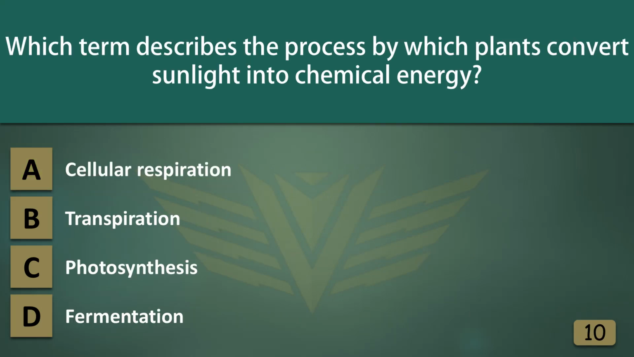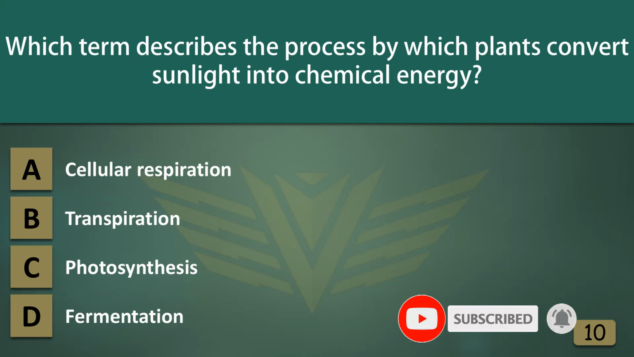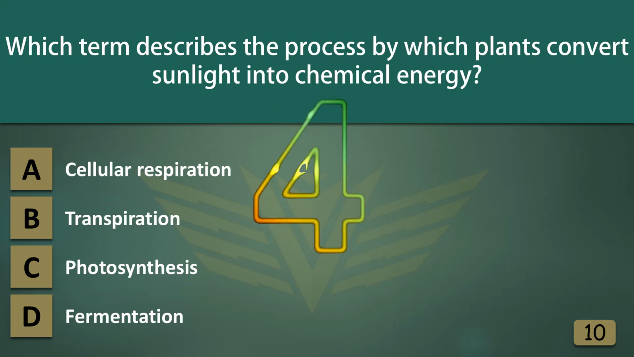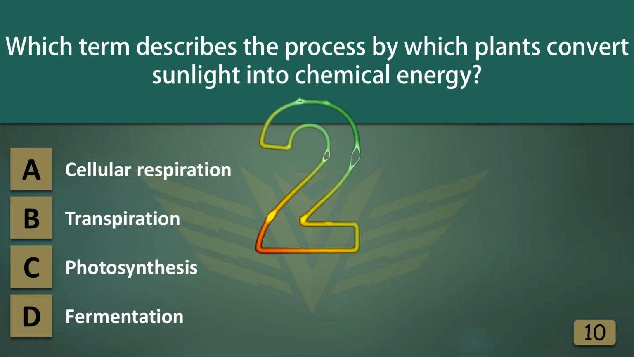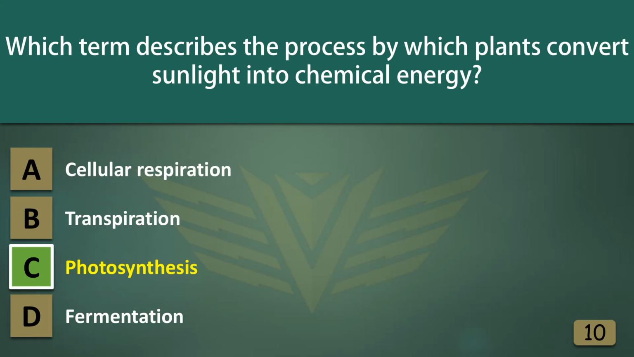time. Which term describes the process by which plants convert sunlight into chemical energy? A. Cellular respiration. B. Transpiration. C. Photosynthesis. D. Fermentation. The correct answer is C. Photosynthesis. Photosynthesis is the process by which plants convert sunlight into chemical energy using water and carbon dioxide to produce glucose